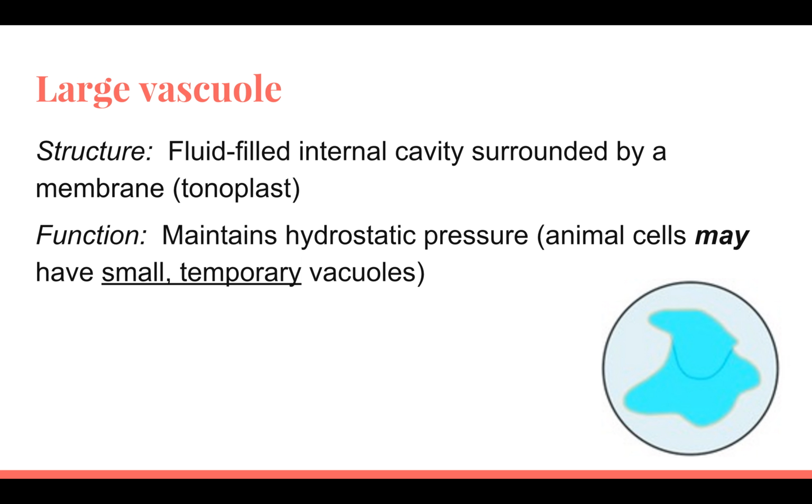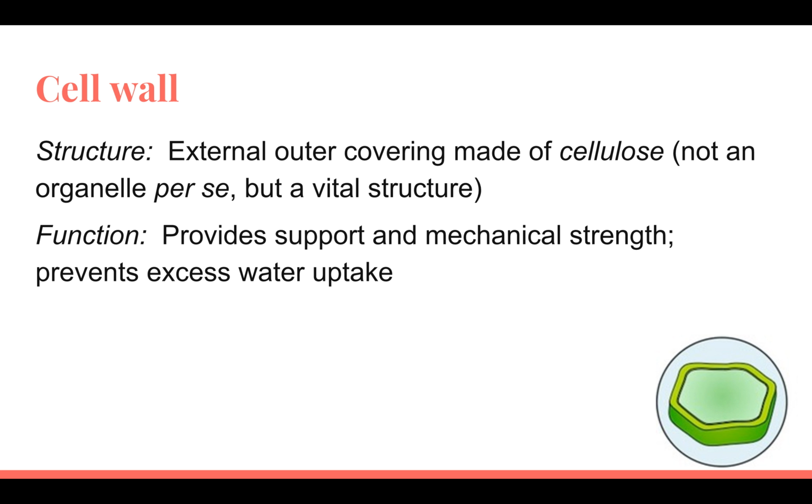And next would be the cell wall. The structure is an external outer layer. This covers the cell membrane because it's on the outside. It's made out of cellulose, and it's a vital structure, but it's not an organelle per se, just like the cell membrane. Its function is to provide support and mechanical strength, and it prevents excess water uptake. This is also essential to prevent the cell from bursting from excess materials such as water. This allows it to maintain all the excess water without bursting, while the vacuole is an exit point for all that non-essential